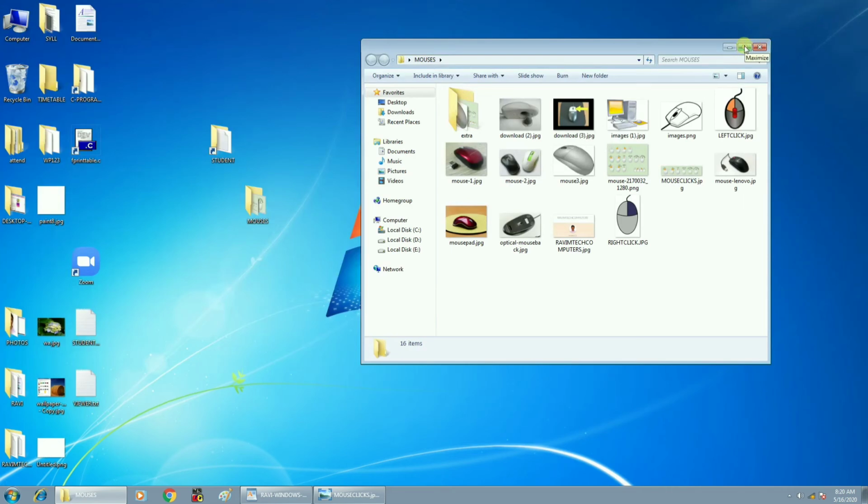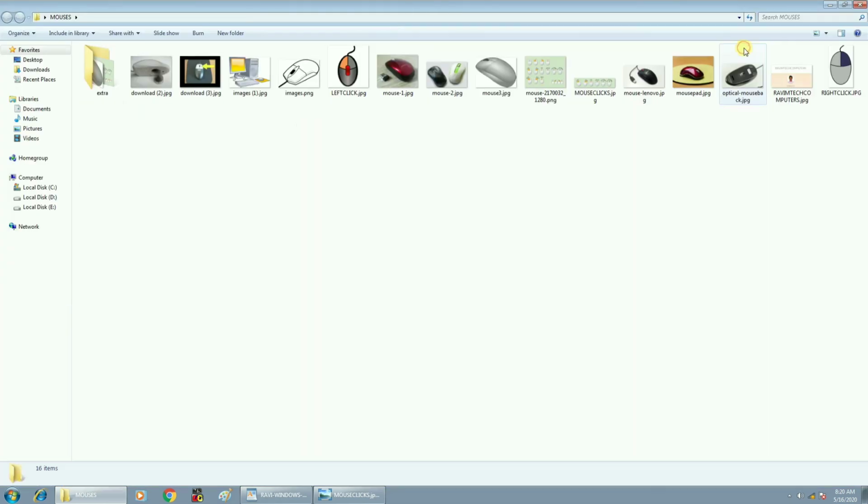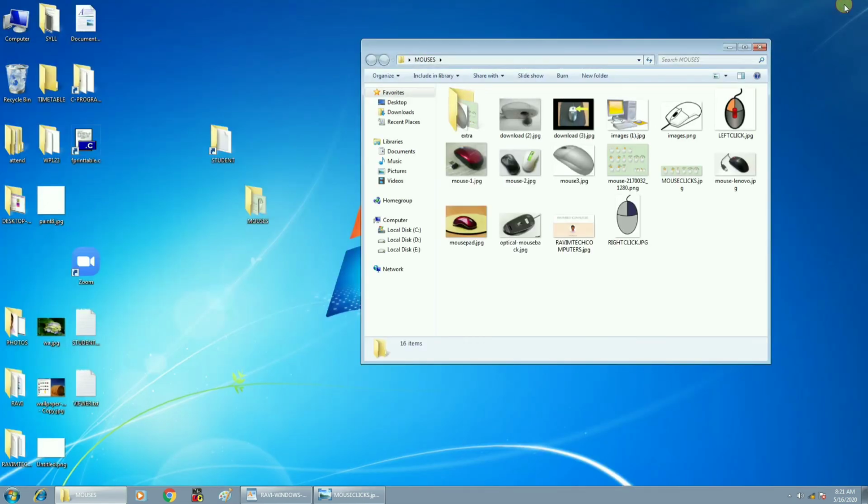So if you want to change from a small window to a big window, use the same middle button. If it is a big window, it will change to a small window. If it is a small window, it will change to a big window. This is called the restore button, and the maximize button also. Now the window was already in big size, so it will change to a small window.